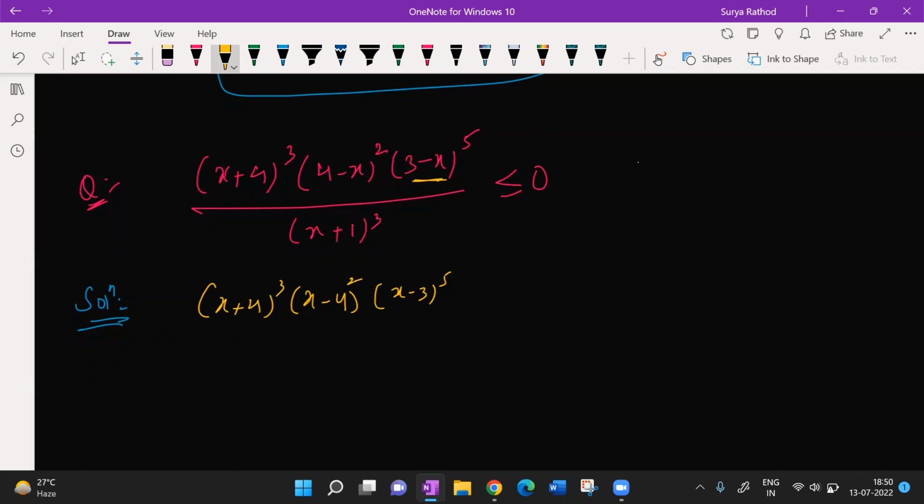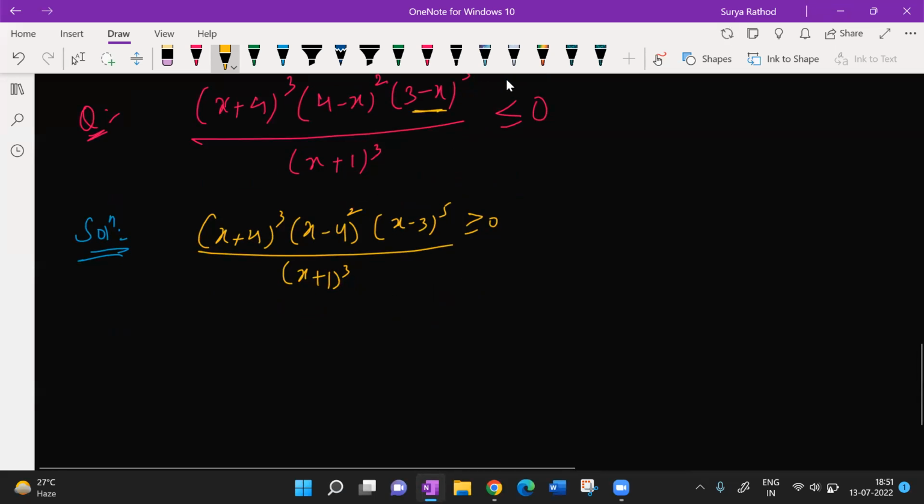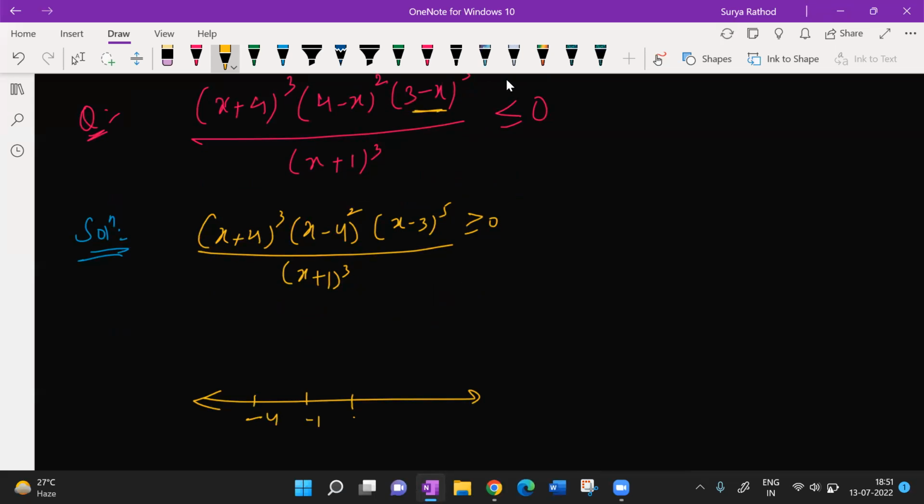Because the power is odd. Yes. x minus 3 is odd, all divided by x plus 1 whole cube. So simply what you do is put on the number line minus 4, minus 1, 3 and 4, from minus infinite